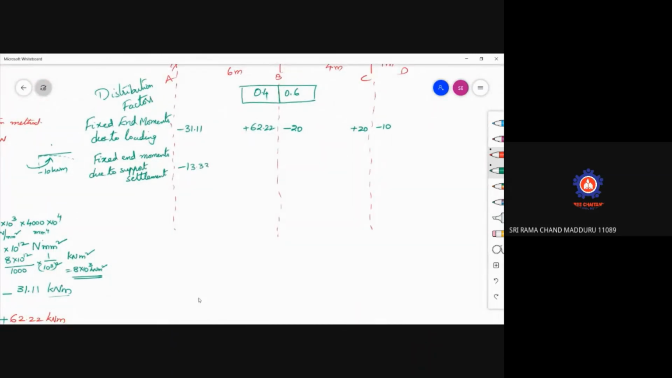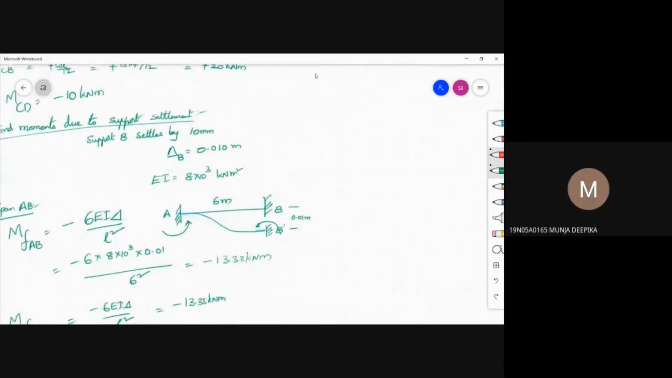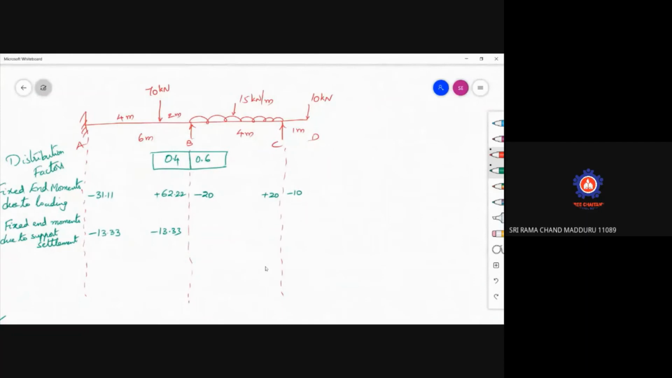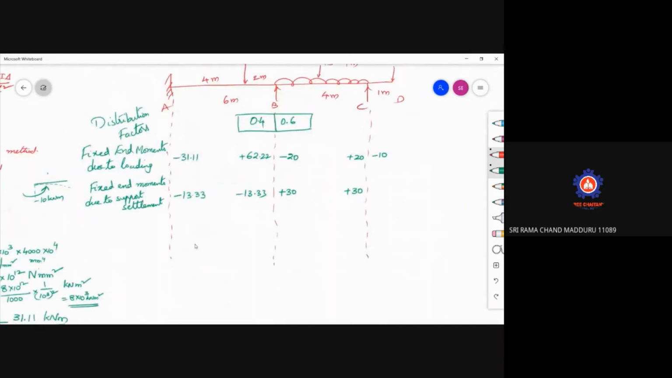This is minus 13.33. And another one, what is the next one? And the next one is plus 30 here, plus 30. MFBC is there, which is plus 30. This is also plus 30. Now just to make ourselves comfortable, you prepare this as